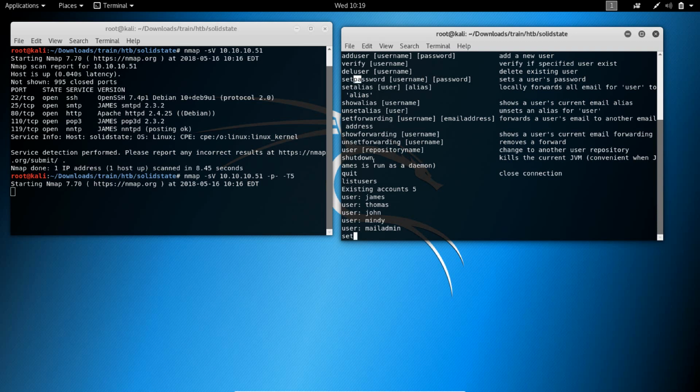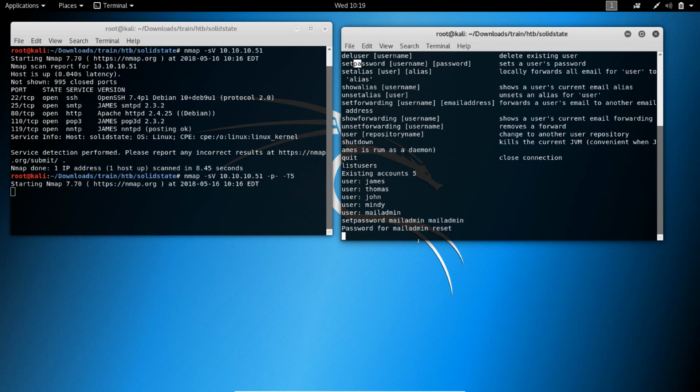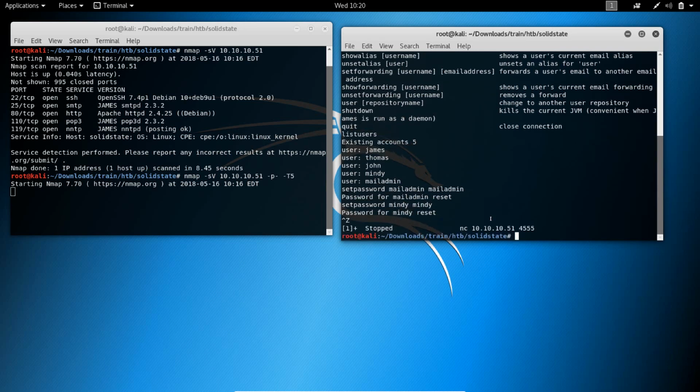As we can see, the command here, setpassword. So we have setpassword, and we'll say mail admin, and let's say the password is mail admin. Okay, and now we could just log into mail admin with this password. So to save some time, I've changed the password for all of these users, and the important information is found for Mindy. So we'll say setpassword Mindy, and we'll just say password Mindy. And right now we can just exit,